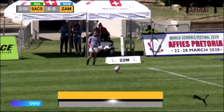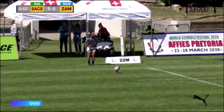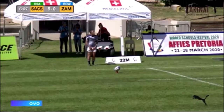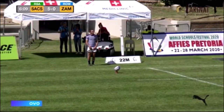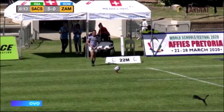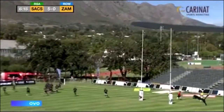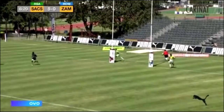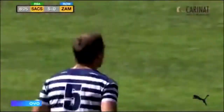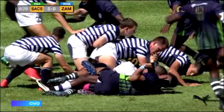Matty Hayes, 13 games in 2018. And as mentioned previously, also 107 points and 6 tries in 2018. A little bit of a wind to contend with. Solid strike. Now, has he done enough to bring it around? No. And it means that the score is 5-0 in favor of SACS, who have taken the early ascendancy,